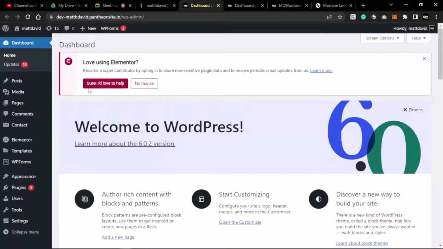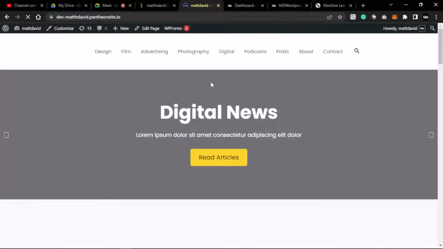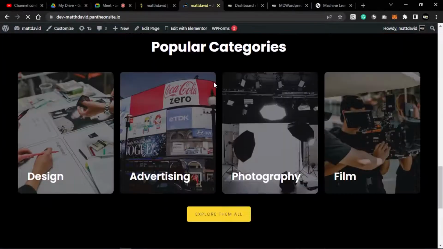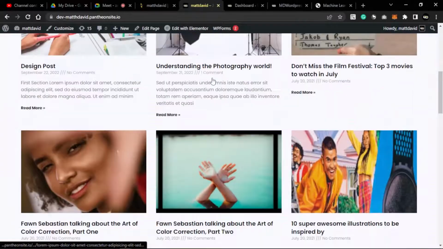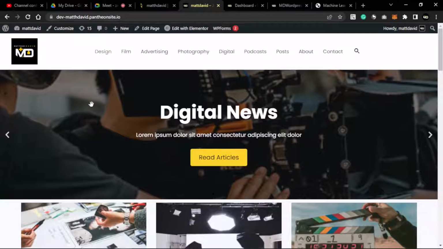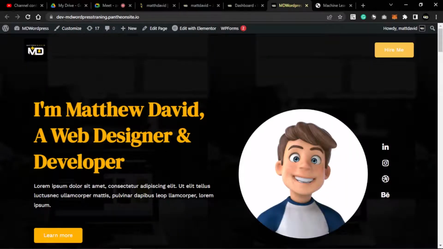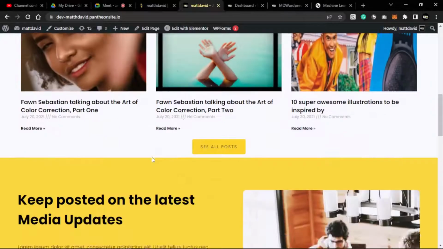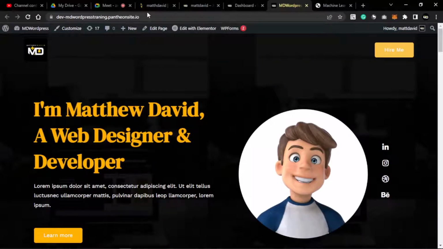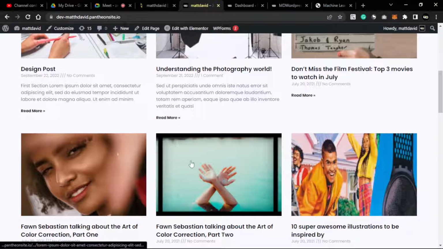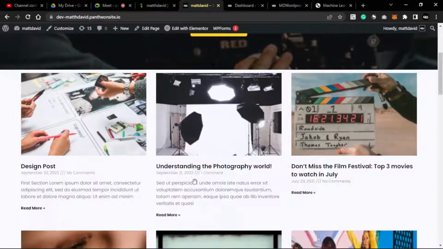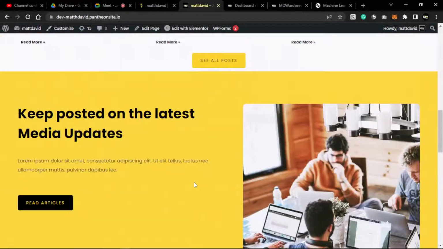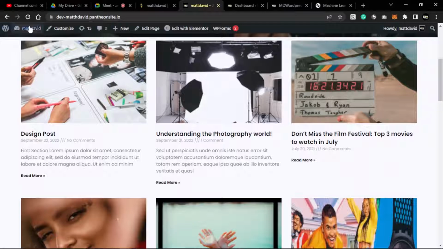Okay, this is the dashboard, and this is what we have presently on this website, the previous project we worked on. So we'll be overriding all this with our new portfolio website. Although you can edit everything here to look like this, we'll be working with the templates to save our time and help us achieve our aim as quickly as possible. So I'll go back to the dashboard,